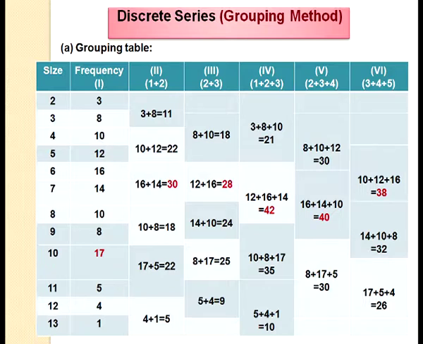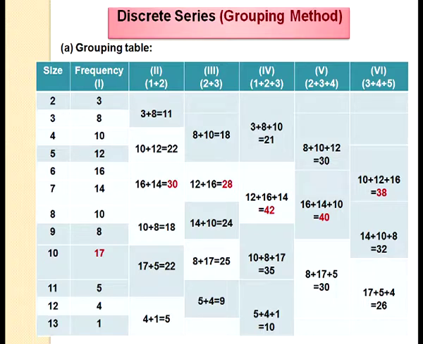Now in the third column, what are we going to do? We are going to leave the first frequency and add up the next frequencies. As you can see, 8 plus 10 comes to 18. Likewise, we are going to make the whole column. The last one is left, as we do not have another variable to pair it with, so we cannot include it. We are going to leave this value.